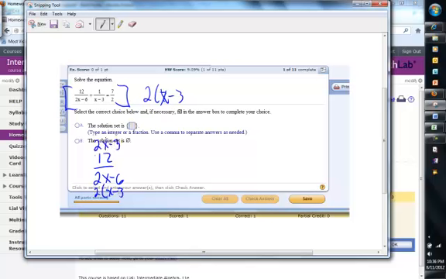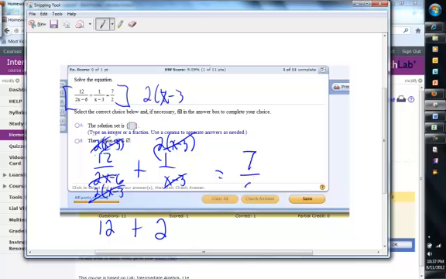These cancel, and we're left with 12. So that's the first part. Plus 1 over x minus 3 times 2 times x minus 3. The x minus 3's cancel, and we've got 2 times 1, which is 2, equals